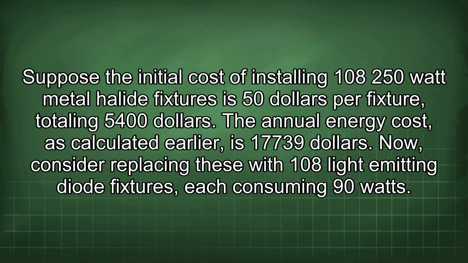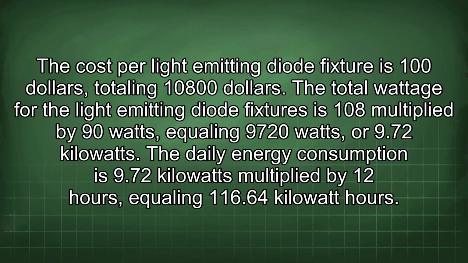Suppose the initial cost of installing 108 250-watt metal halide fixtures is $50 per fixture, totaling $5,400. The annual energy cost, as calculated earlier, is $17,739. Now, consider replacing these with 108 light-emitting diode fixtures, each consuming 90 watts. The cost per light-emitting diode fixture is $100, totaling $10,800. The total wattage for the light-emitting diode fixtures is 108 multiplied by 90 watts, equaling 9,720 watts, or 9.72